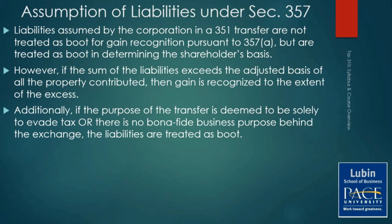All right, one other quick note. The way 357 functions is 357A giveth and 357B and C taketh away, so to speak. And so under 357B, and this is just focusing in on the bona fide business purpose behind the exchange,